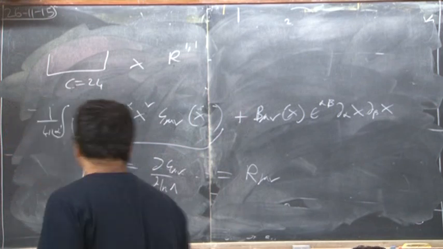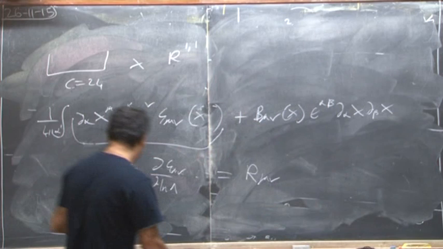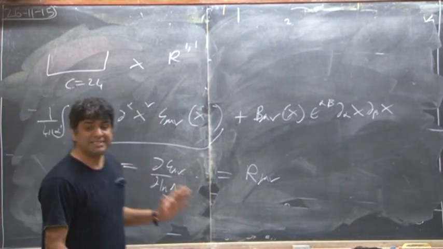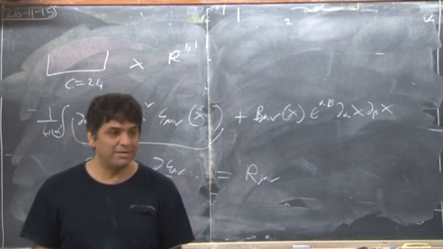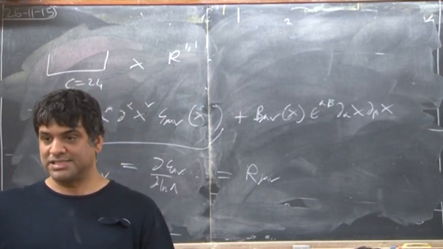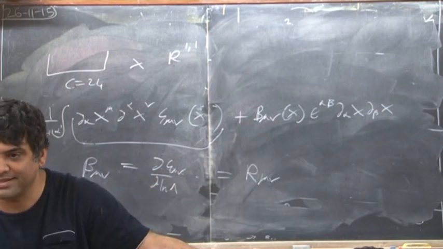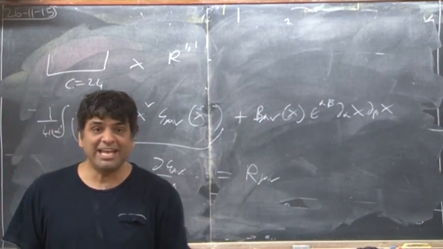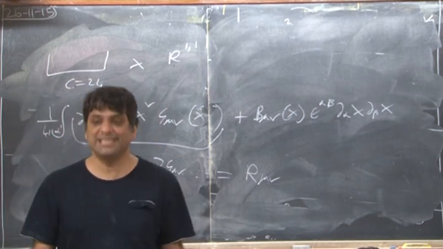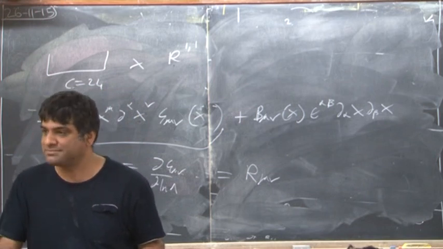When you turn on this B mu nu, there will be additional terms here, and there will also be a beta function for B mu. So, setting the beta function equal to 0 will give us some equations on these functions, which are coupling constants of a two-dimensional theory. Okay? And what we will find is that these equations are precisely the equations that follow as equations of motion